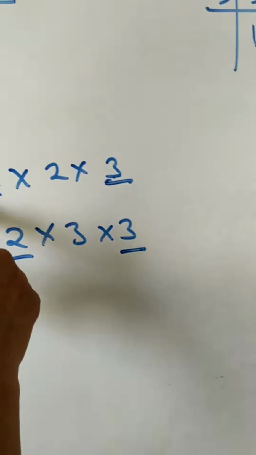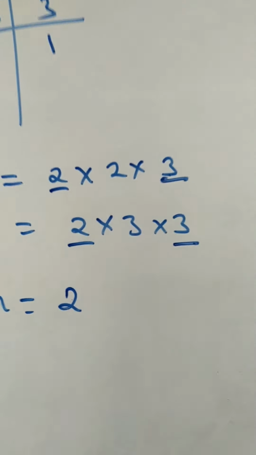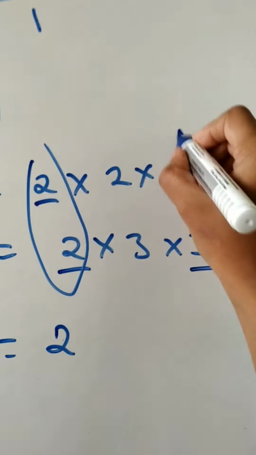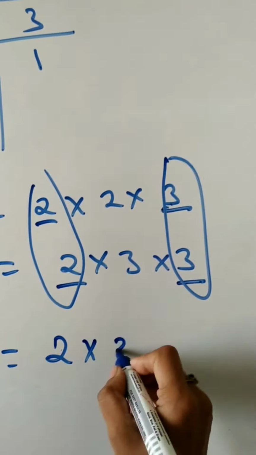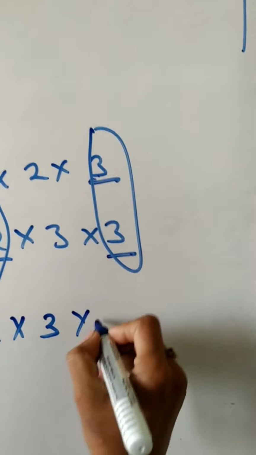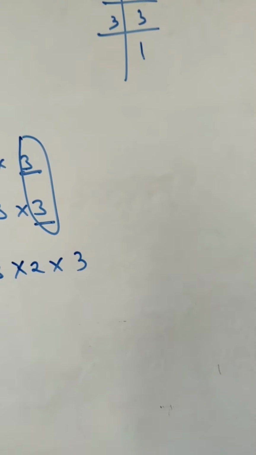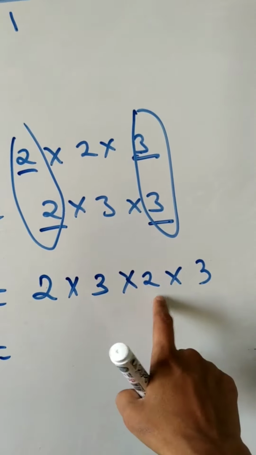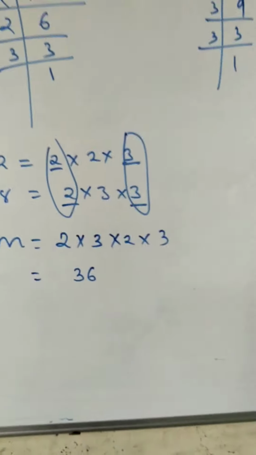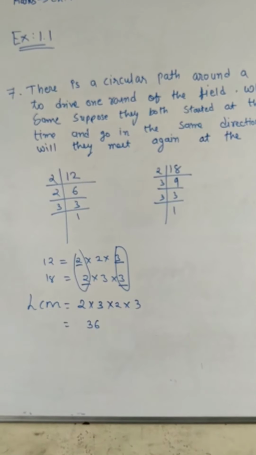So this 2 is there 2 times, but we will write it as 1. Only one time we will write this 2. And again 3 is common, so we will write that 3 only one time. Now here we will write that 2 and that 3. When you are multiplying it, 3 2s are 6 and 3 2s are 6. 6 6s are 36. That will be very easy for you. So here you can see that the LCM we have taken out is 36.